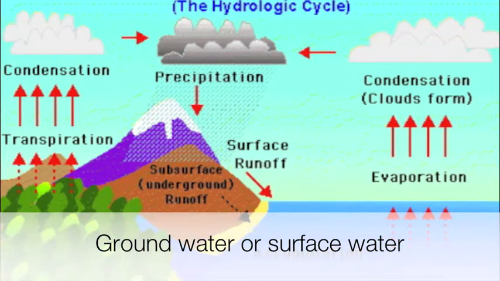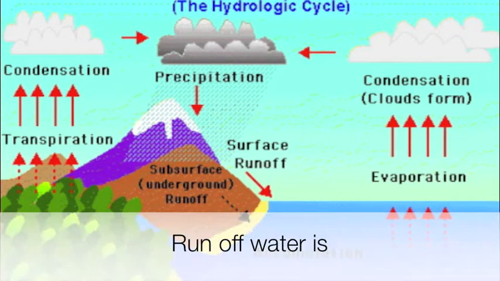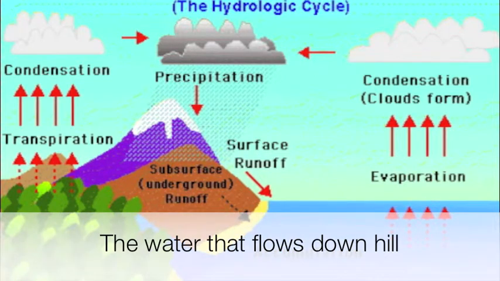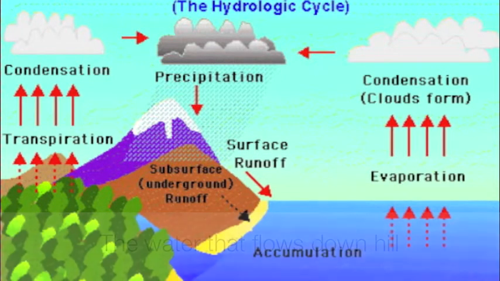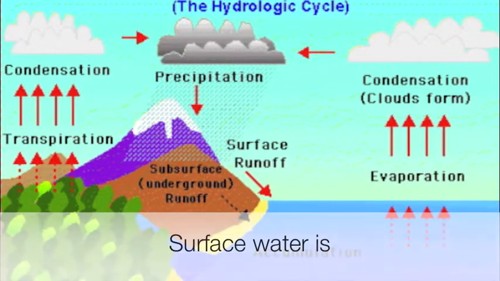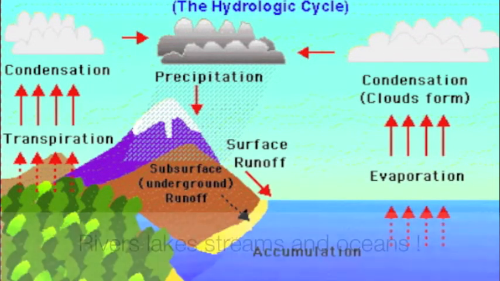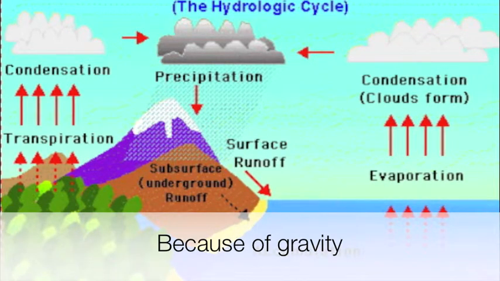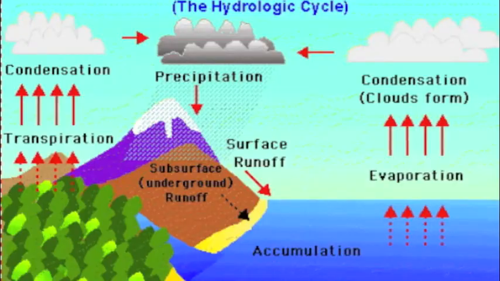When the water falls down, it turns into runoff, groundwater, and surface water. Runoff water is the water that flows downhill. Groundwater is... Surface water is the water that flows back to rivers, lakes, streams, and oceans because of